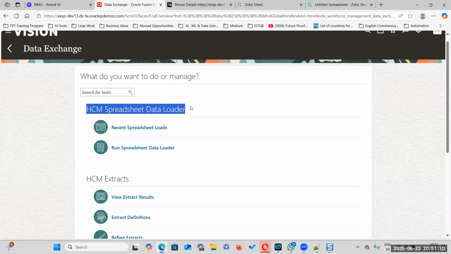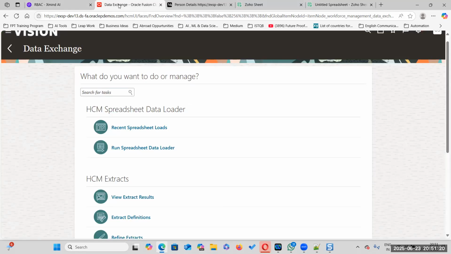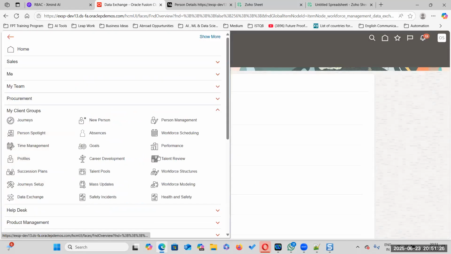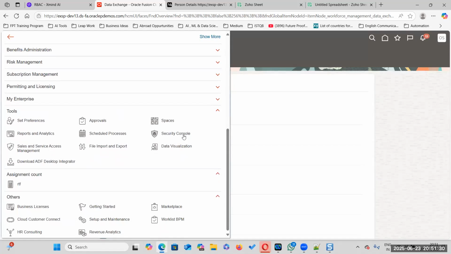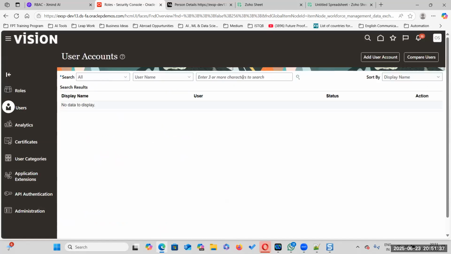So for that, we need to have one particular role called integration specialist. Now Okinawa Scott, he himself became an IT security manager. He doesn't have to go and request Pavan Shanam to add the particular role. So now he himself goes to security console and searches for the user.